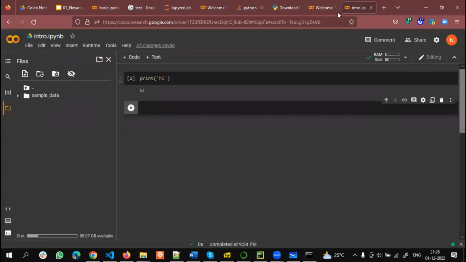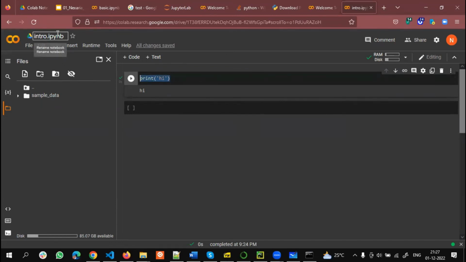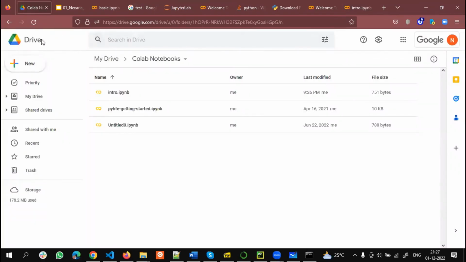So whatever I do in Colab, I created a new file with one simple command and renamed it as intro.ipynb. This is my drive, so I can see that under my drive there's a folder called Colab Notebooks. This folder automatically gets created the moment you start